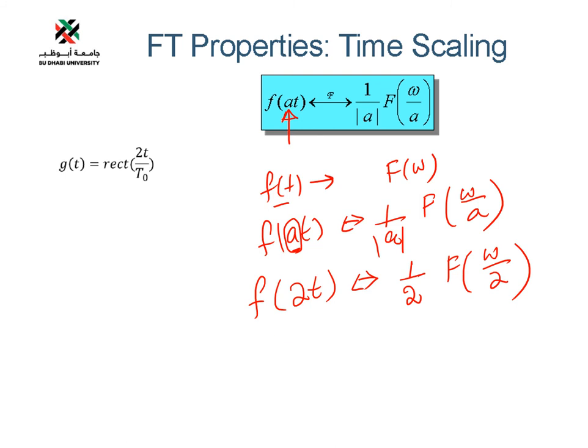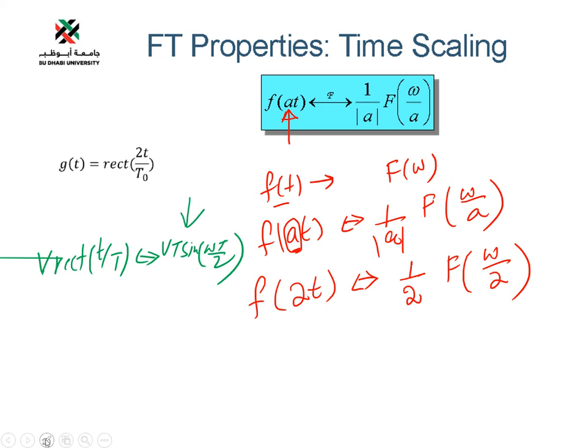Just know the Fourier transform of the original signal. For example, the rectangular signal: last time we solved this, that if we have a rectangular signal, its Fourier transform is b times sinc of omega t over 2, right? So this is the Fourier transform of a rectangular signal. Now if we have a scaled rectangular signal, the original is rectangular of t over ta, here we have 2 times. So here your scaling factor is what? Original f of t is what? Rectangular of t over ta.